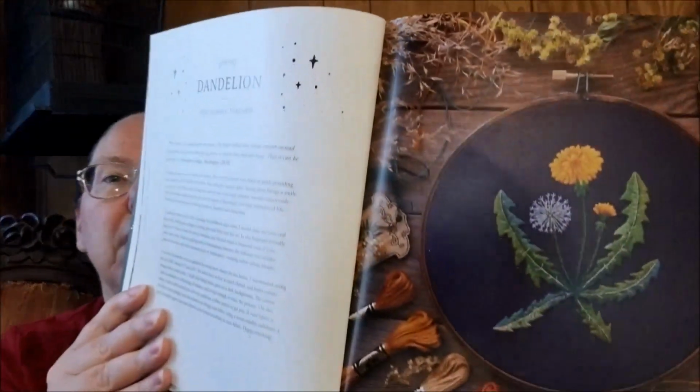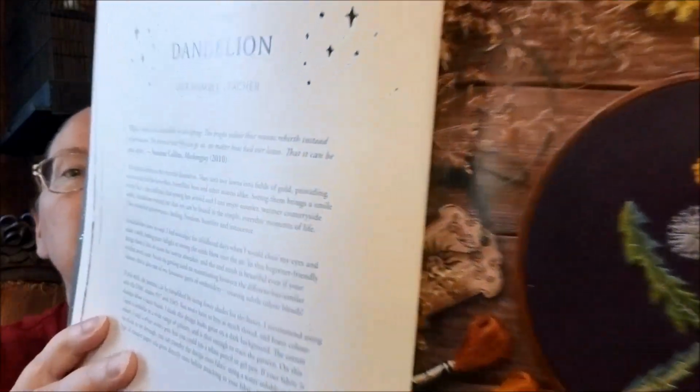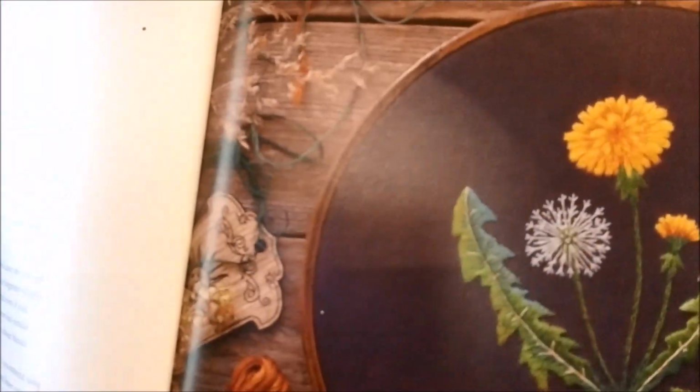So let's look at the projects. She talks about transferring the patterns, about how to do the stitches. It is extremely detailed. The first project is probably the simplest in the book, and it's called Dandelion. Look at that dandelion puff. I want to stitch this just for the texture. And like I said, there are so many pictures. There is so much